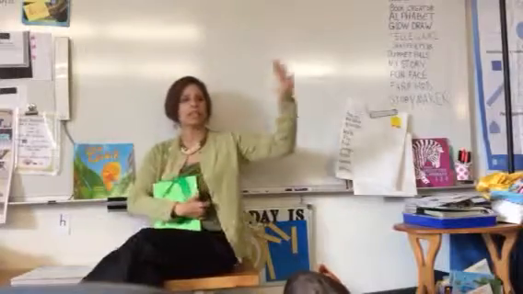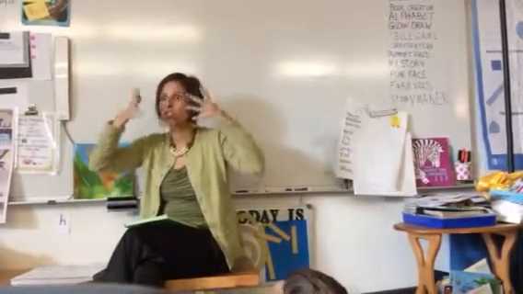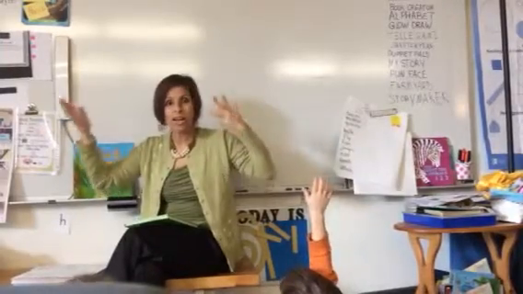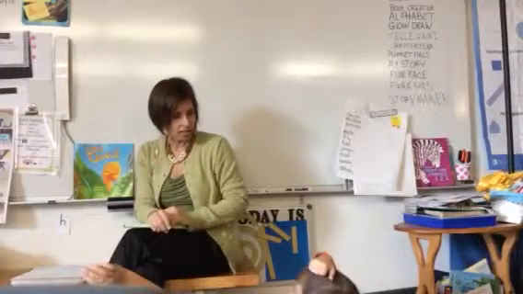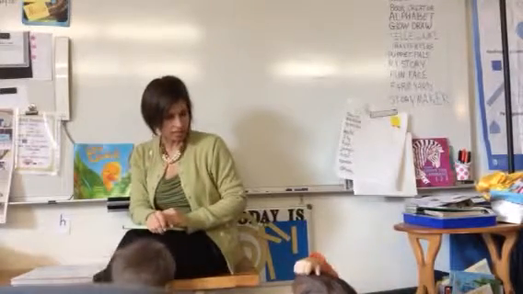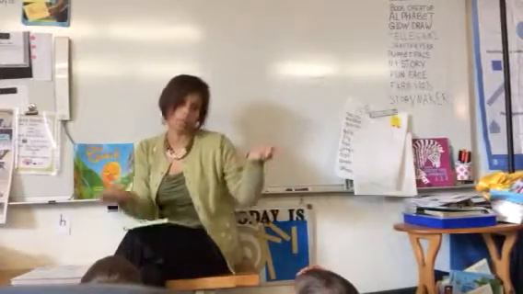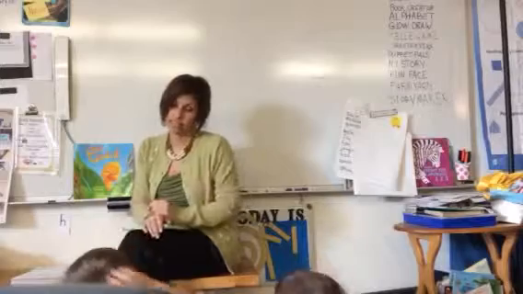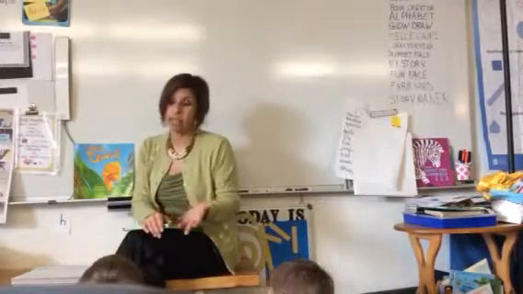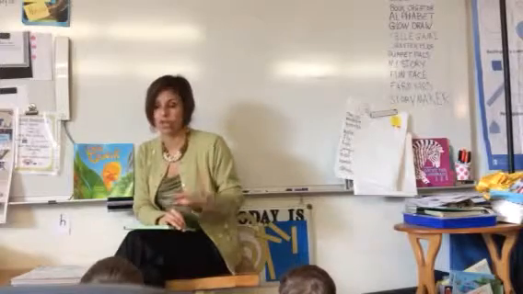So we've got what happens at the beginning, and we've got what happens in the end. But in the middle of the book, there's a lot of things that happen. So what happens in the middle of the book? The boy gets older and becomes an adult. I love that. And he starts to want some money. And so he cuts down the tree and he goes away and he sells the apples and he goes away.